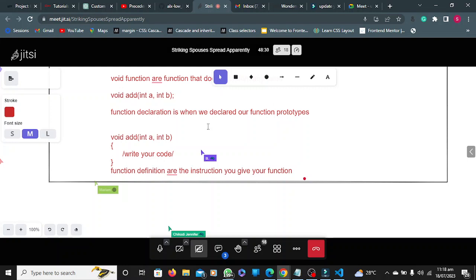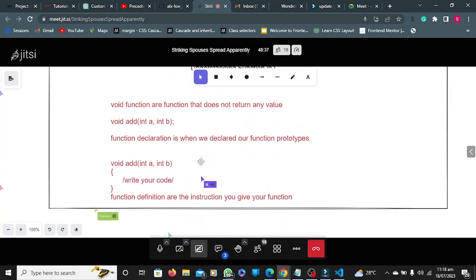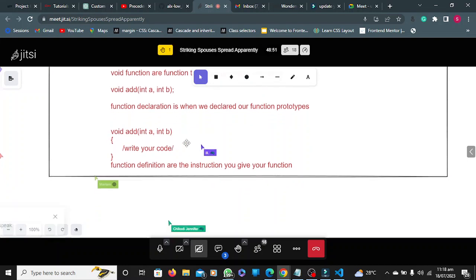Now I'm talking about types of functions, right? Void function, I said a void function does not return any value. A void function does not return any value. And the reason why is because